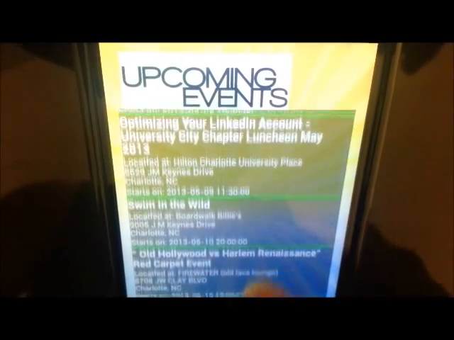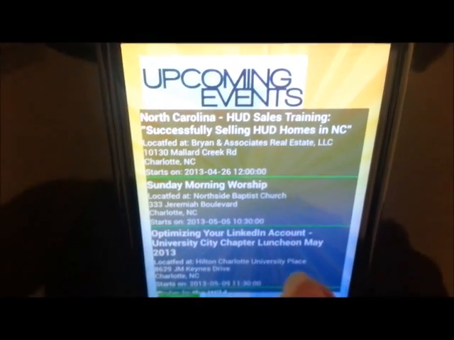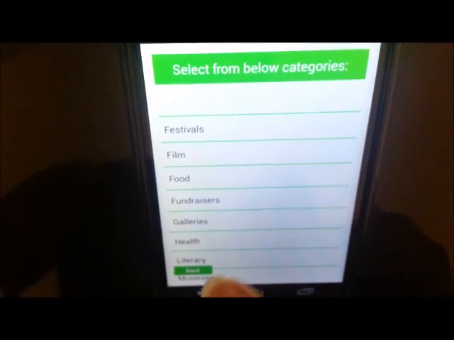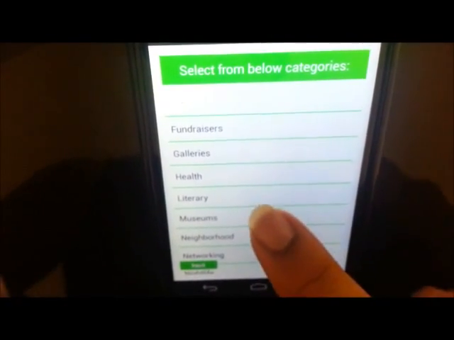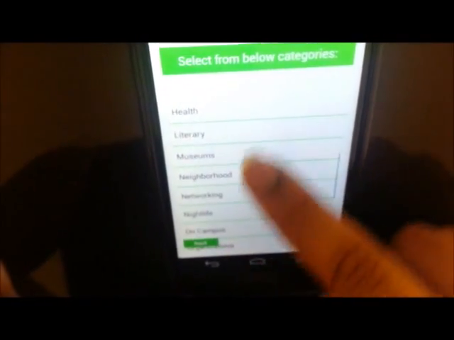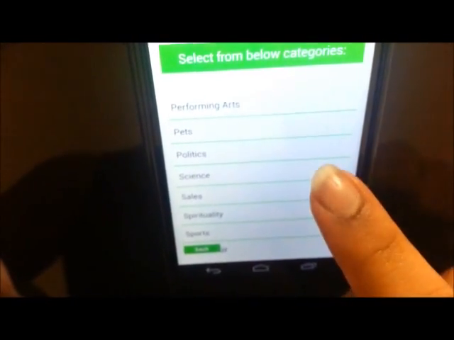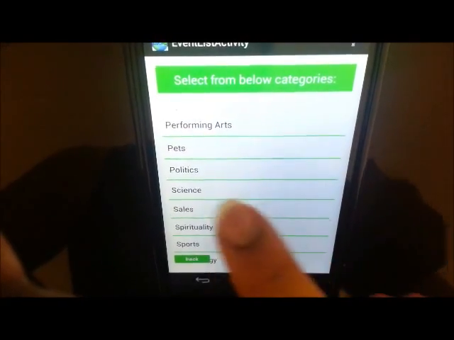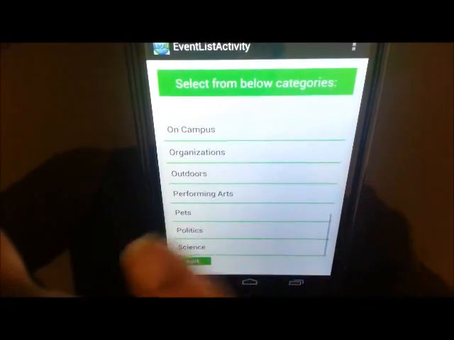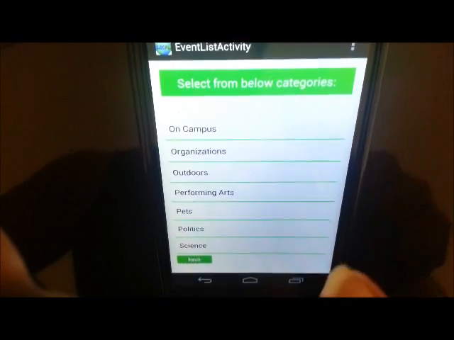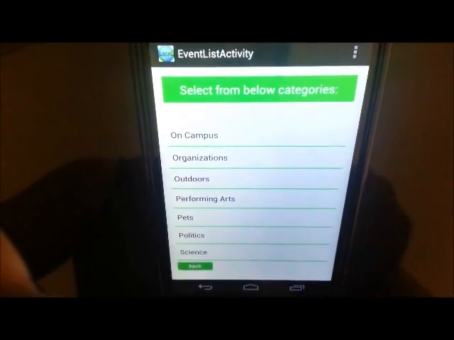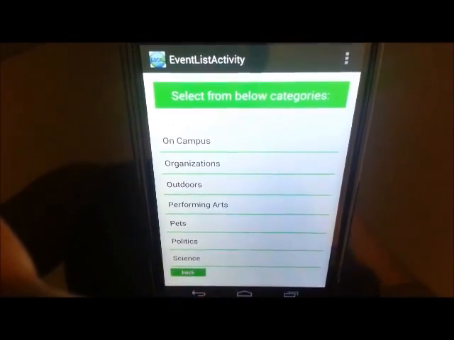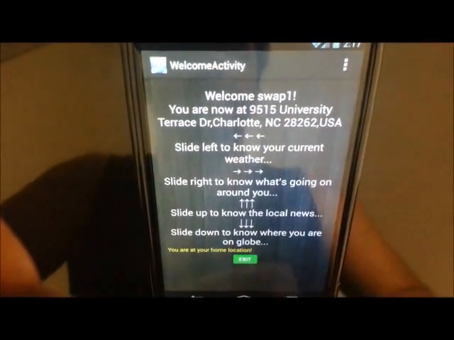This is our event activity. It's a pretty interesting activity. The main thing about it is the user can refine his search of events based on these categories. So if a user is not interested in looking at all events, he just wants to view technology events or science events, he can just click on science and view those events, register for those events by going to the website directly from there, and view those events on the map where they are located. So this is basically our event activity.